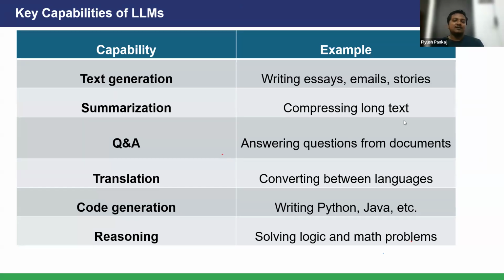One thing you have to remember when we talk about code: by default, if you ask any generative AI tool to write code for a particular program, it is always going to write in Python only. Python is considered the language of AI. If you want the code in Java, CPP or Golang, you have to specify, generate the code in Java, right? We also use it for reasoning purposes like logic, math problems, and all.